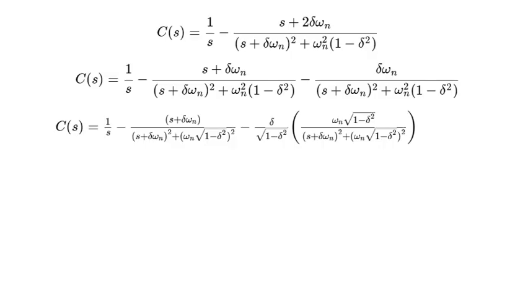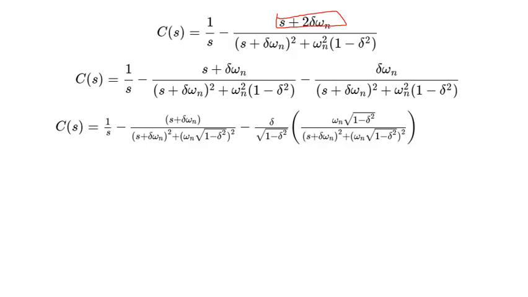You can see here after substituting the expression, I again try to simplify it. What I do here is that I split up this expression. S plus 2 zeta omega n, you can see, is split as s plus zeta omega n minus of zeta omega n. This is 2 zeta omega n, I'm splitting it as 2. After this, I'm going to group out the expression, and in the second